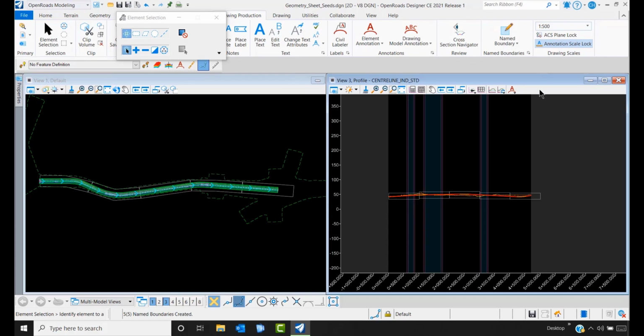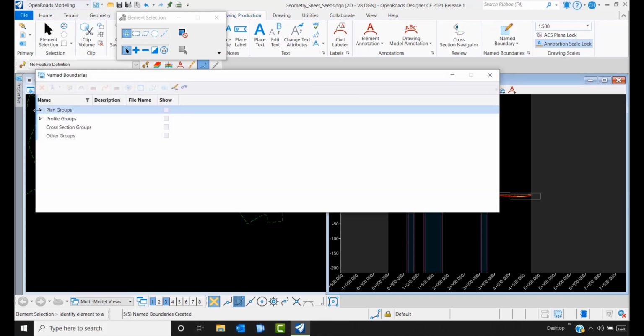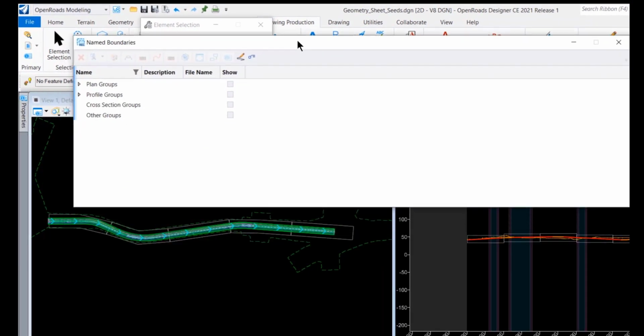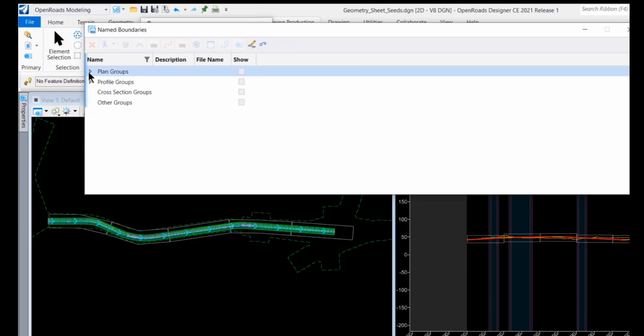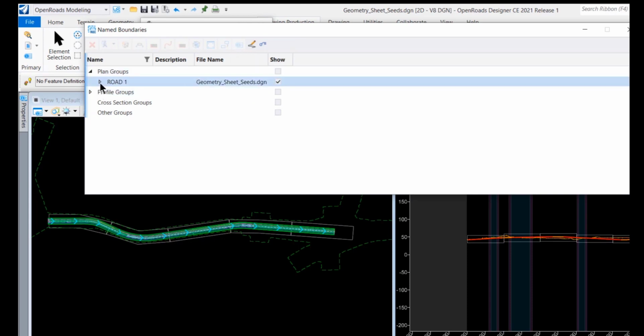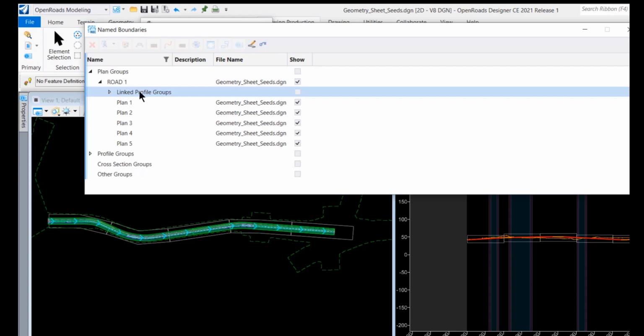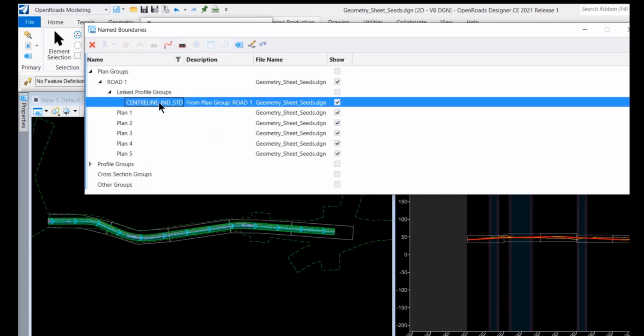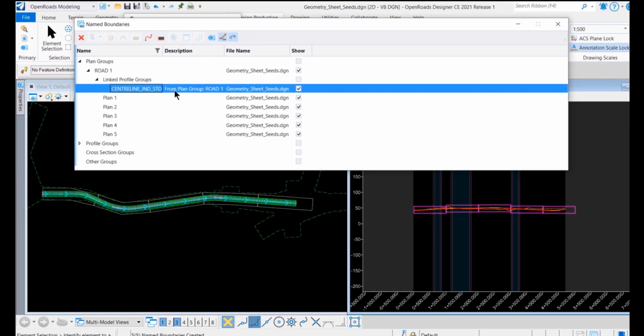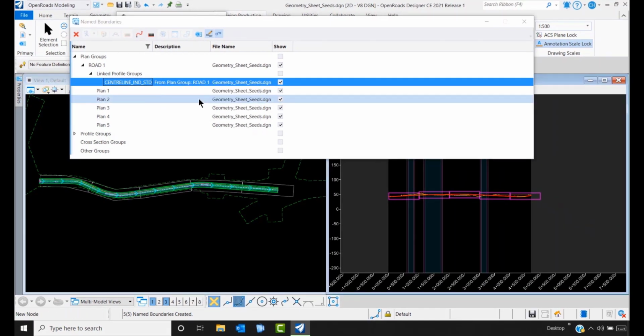You have an option of creating the drawing checkbox to move ahead with the next option, or else if you have mistakenly unchecked create drawing, you still have the ability to come to the name boundary manager over here, and you see the drop down depending on the name boundaries you have created. Under the plan groups, you have the name of that plan group, and since we created from the plan group to the profile name boundaries, you see that it has been linked to this plan group. I can simply go ahead, right click and generate the